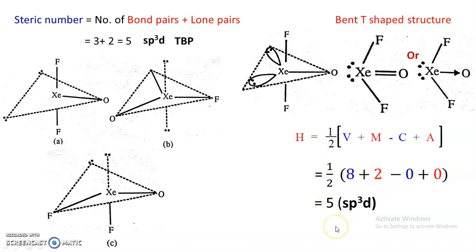So H is equal to 5 means possible hybridization is sp3d, and you know these 5 electronic pairs are there at xenon, and meaning of this is out of 5 electronic pairs, 3 pairs are bonding pairs because 3 atoms are attached to xenon, and therefore there must be 3 bonding pairs, and 5 minus 3, that is 2. So there must be 2 lone pairs. So bonding pairs equal to 3 and lone pairs equal to 2. So this is about the preparation and structure of xenon oxo difluoride.